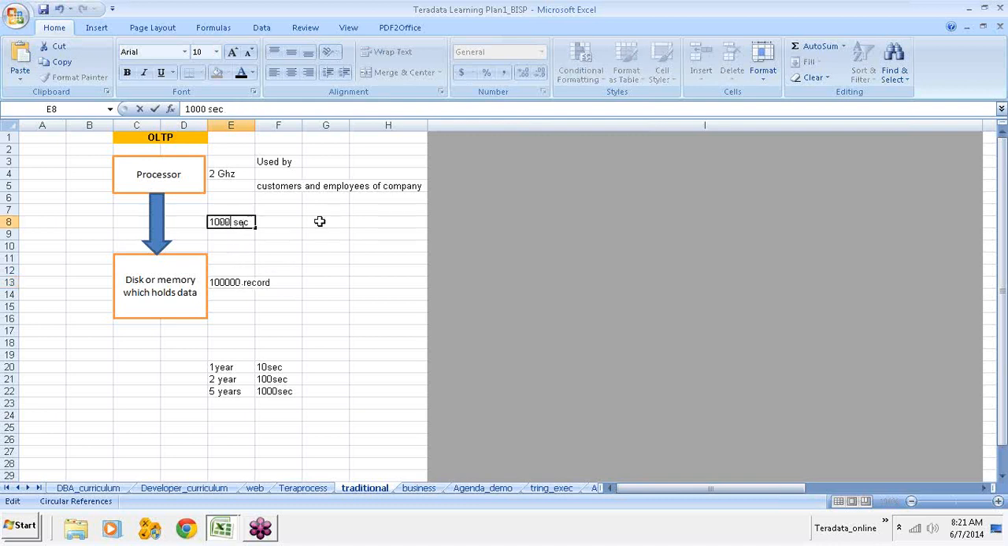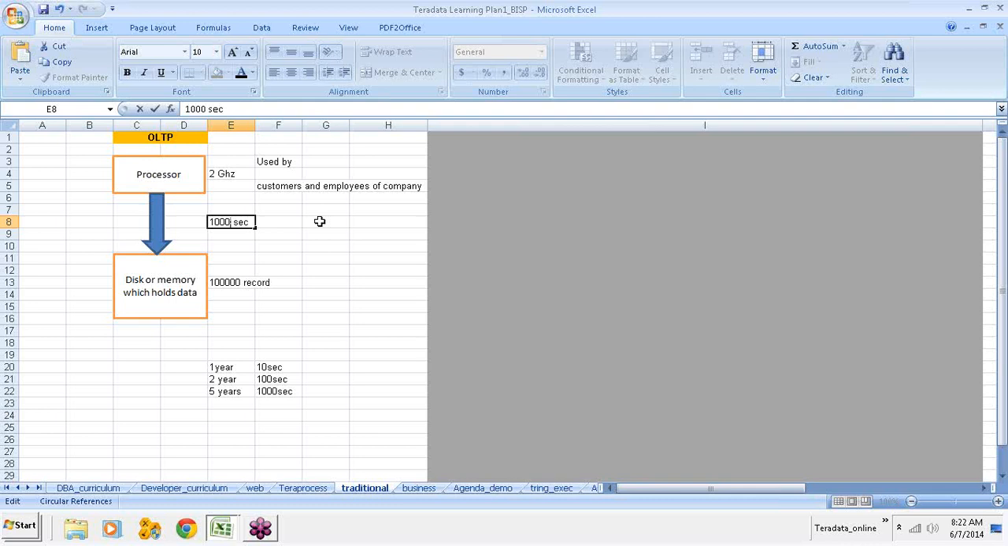then the processing time would be like this, 1000 seconds. So what does it mean that the processing time increases? When I say processing time increases, that means the transactions which used to complete in 10 seconds earlier, now the same transaction is taking 1000 seconds. For example, consider the same fund transfer transaction: when you join the bank, you used to do a fund transfer transaction within 10 seconds earlier. Now, if it is taking 1000 seconds,